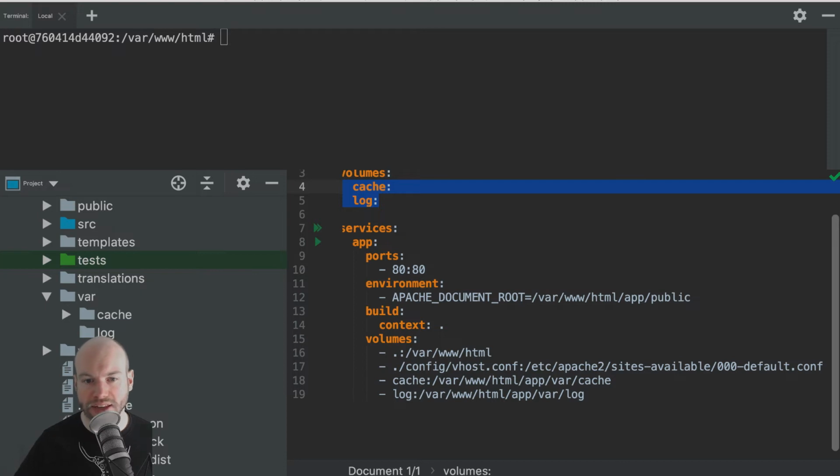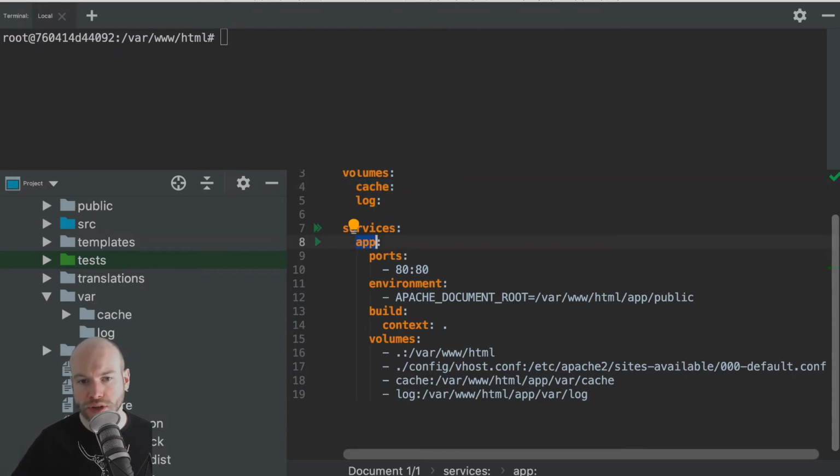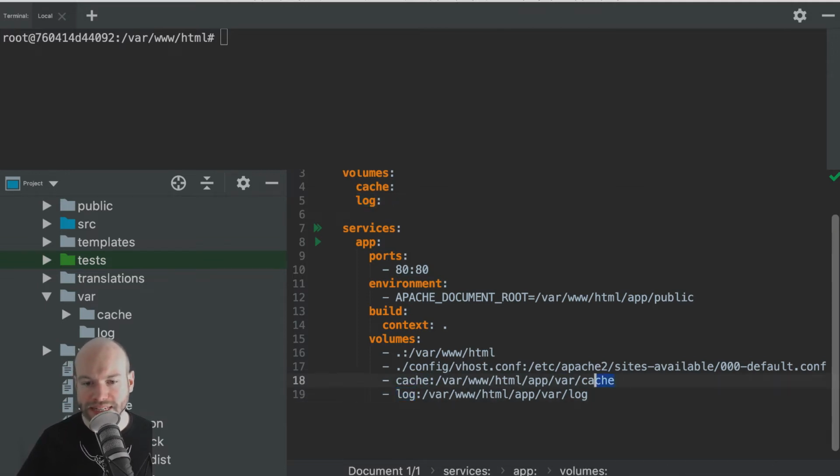So we're attaching the app to these Docker volumes. So we have the cache and we have the log. And notice we are attaching cache to the var/cache directory, which is inside /var/www/html, the thing that we've just done a bind mount on.